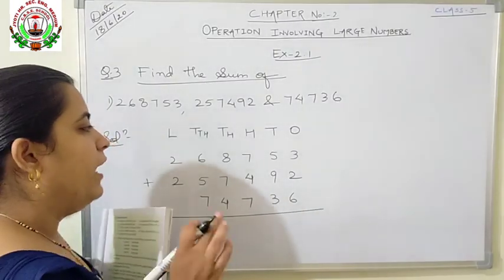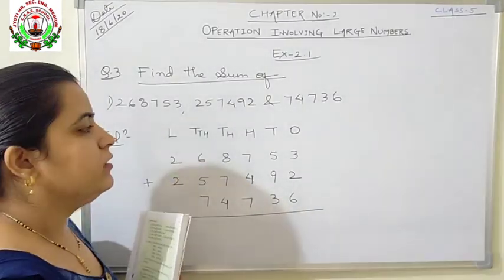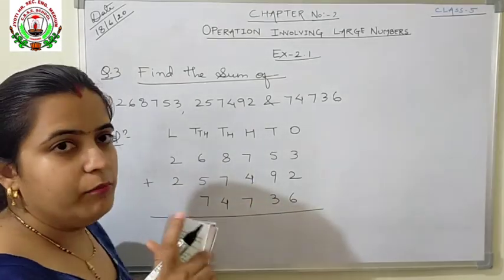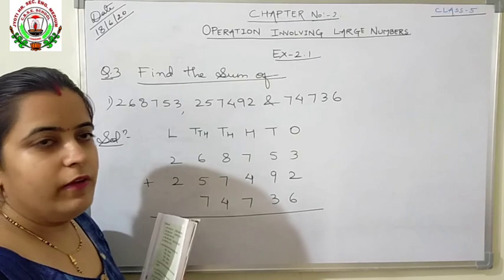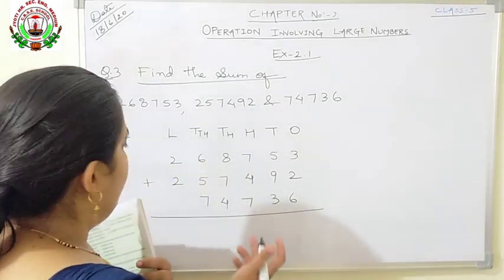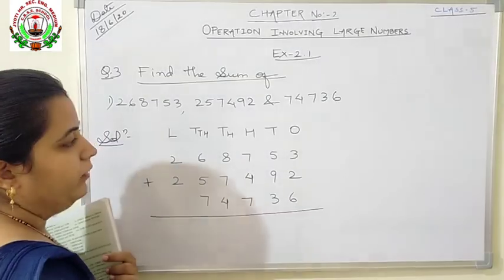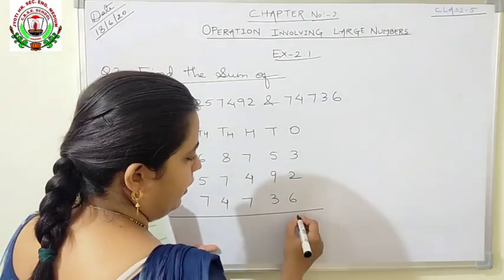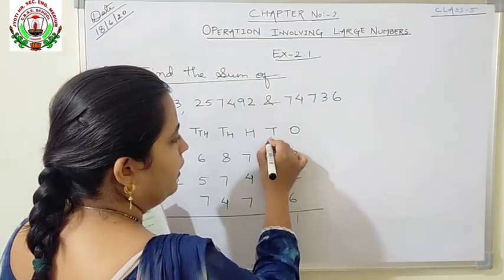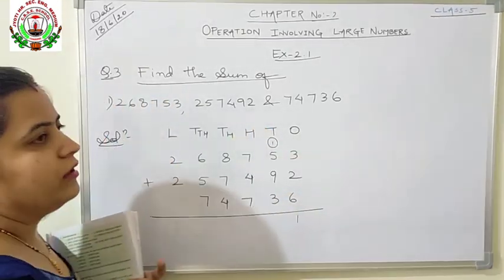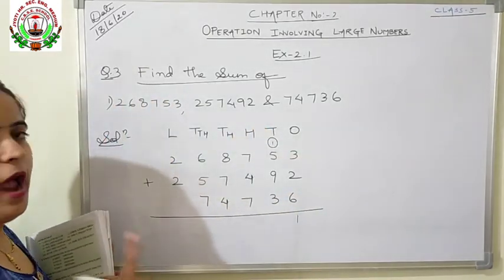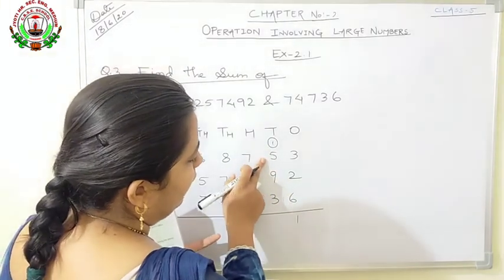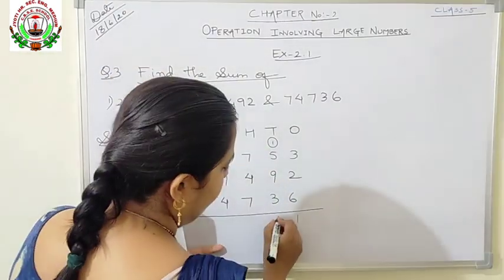Always remember, while adding, subtracting, or doing any operation in mathematics, you have to write the numbers below the numbers. That is very important in maths. Okay, so let's start by adding. 3 plus 2 is 5, 5 plus 6 is 11. 1, carry forward. A carried-forward number, always write it within a circle. That will remind you that you have to add that number. 9 plus 1, 10, 15, 15 plus 3 is 18.